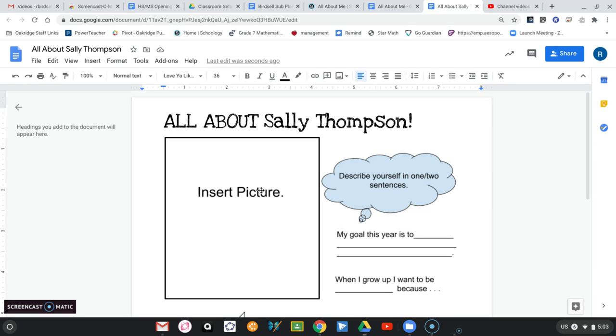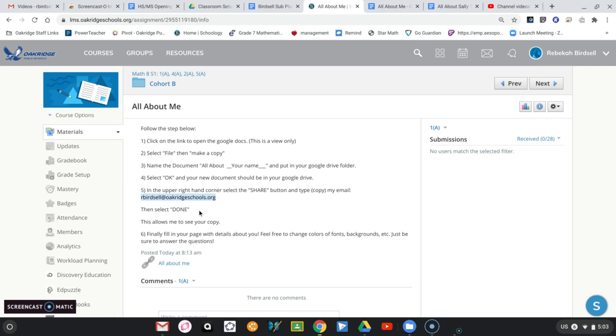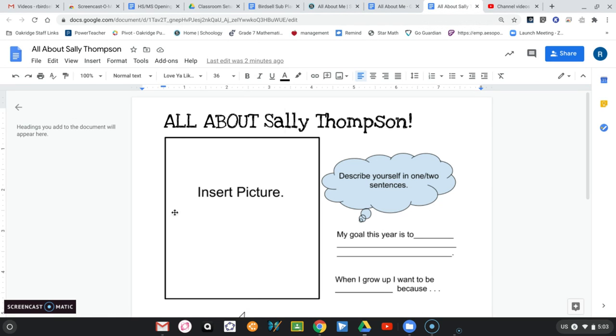Okay, so then you can get on with being creative and changing this to make your own. So the last step is to fill in the page with your details. So I tell you, feel free to change colors, fonts, backgrounds. Like I want you to make this you. So just some last pointers here. So picture, this doesn't have to be a picture of you. It could be a picture of a pet. It could be a picture of a soccer ball if you're really into soccer, any picture. So in order to insert a picture here,